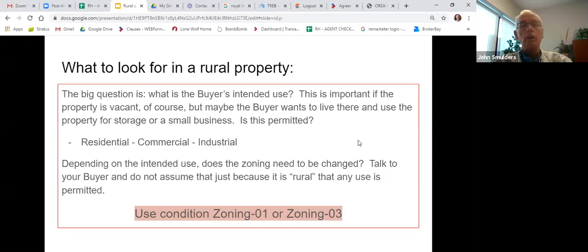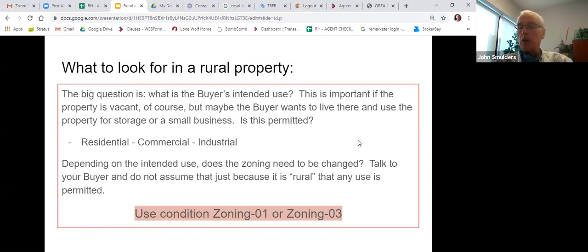And sometimes agents forget to ask that question. The reason it's so important to ask in a rural property is, what's the buyer doing with it? Sometimes we make mistakes, assuming that just because the property is vacant or the buyer wants to live there,